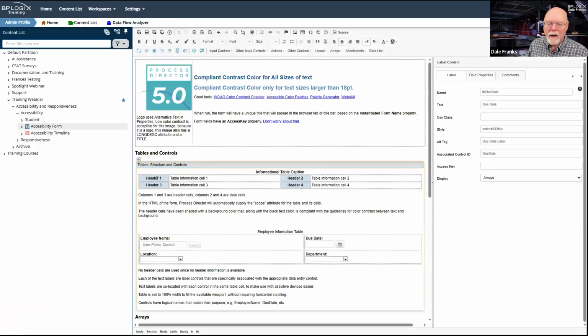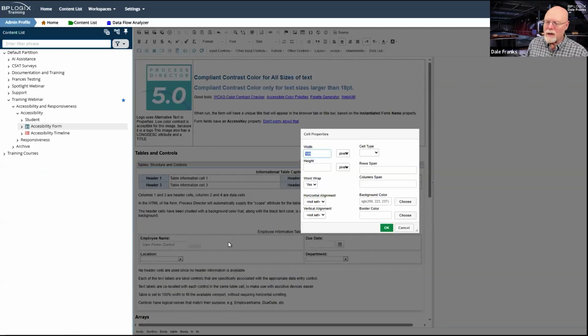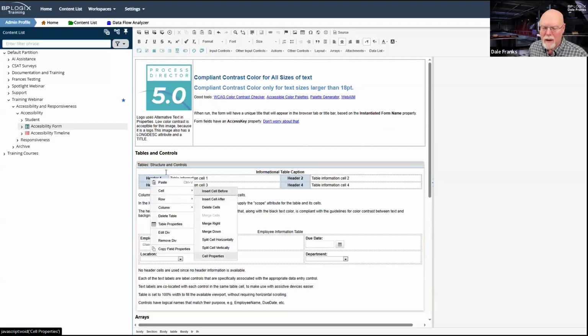Inside the table itself, if you right-click on it, you can go to either the table properties or the cell properties. So if we go to cell properties, you can see whether the cell is a data cell or a header cell. So basically, if you're going to label something, that's a header cell. If it's going to actually contain data, that is a data cell. And it appears that for whatever reason, oh,